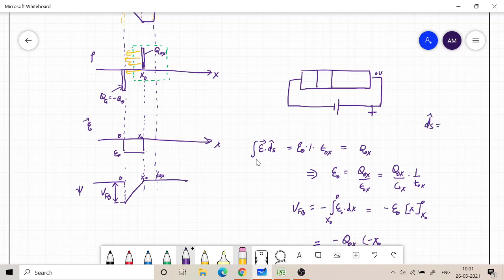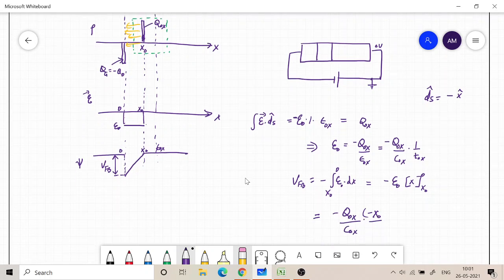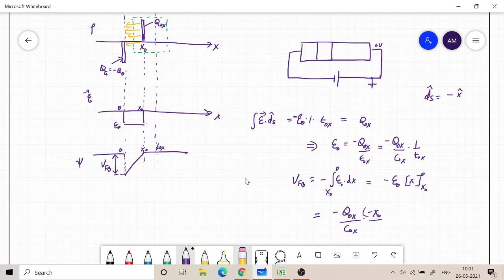So this unit vector is actually pointing in the minus x cap direction, right? The unit vector in x is actually to the right, because x is increasing to the right, and therefore the actual direction of ds cap is basically the negative of x cap. So if I take that into account, there will be a minus sign here. So therefore here also there will be a minus sign. The minus sign only means that the electric field is from right to left. If it is from left to right, in the increasing direction of x, it will be positive. So if I take that into account, I need to put in this minus sign here.